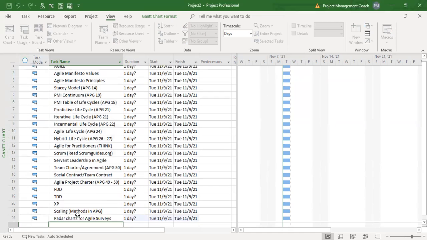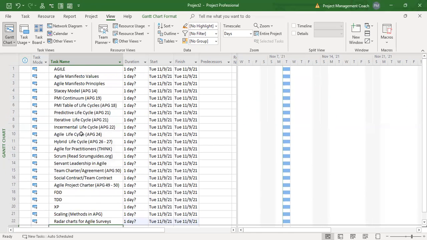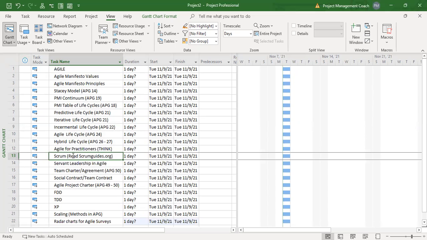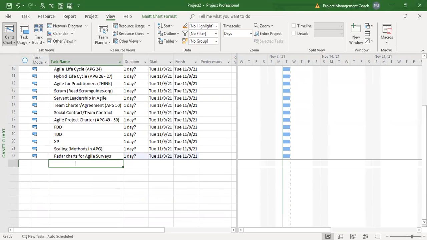It's in the Agile Practice Guide. You're going to have to hunt for that. So I highly recommend you to do all of this. Probably one of the most important ones is Scrum. Definitely know that. Understand the concept of